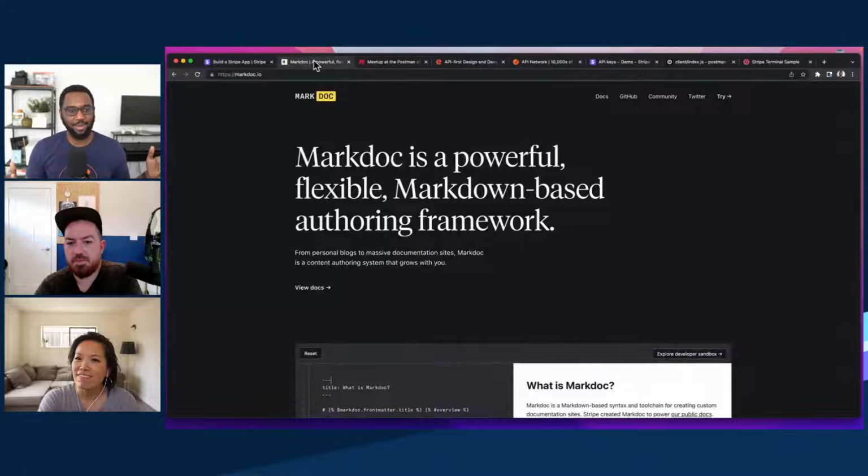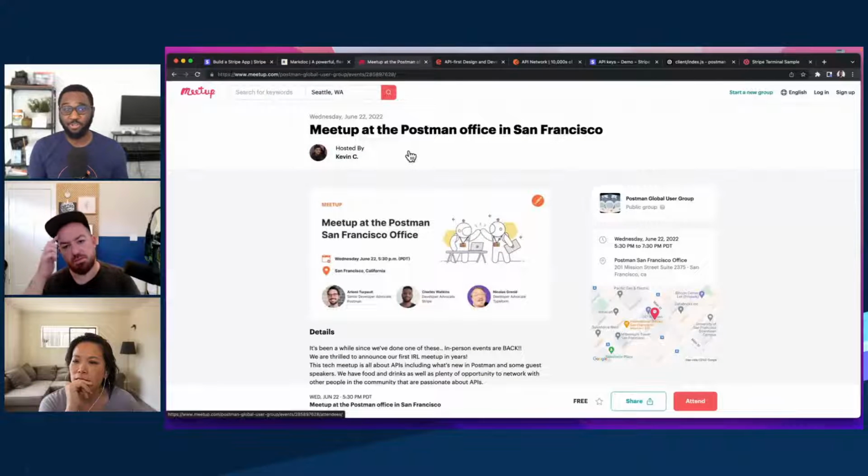Speaking of docs, and I may have shared this last time, but I'm going to share it again because it's really, really cool. MarkDock is generally available. Now, if you haven't heard of MarkDock, MarkDock is what we use to actually power Stripe's documentation, which is pretty good. So with MarkDock, you can take that same powerful, flexible framework and build your own Markdown-based authoring system, your own docs, essentially, with the same stuff that we use. Now, in terms of Postman stuff,